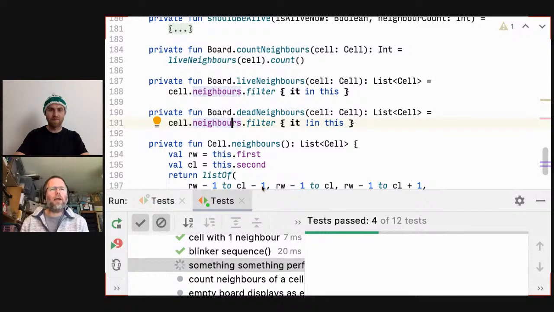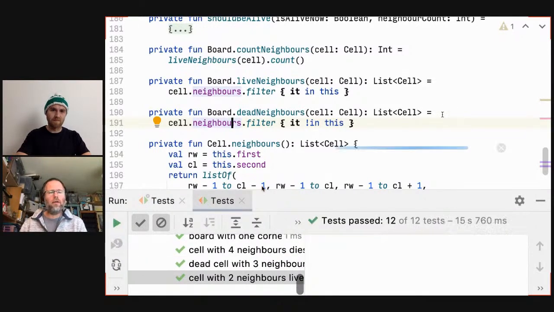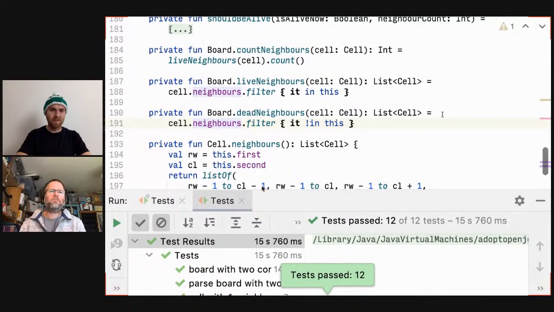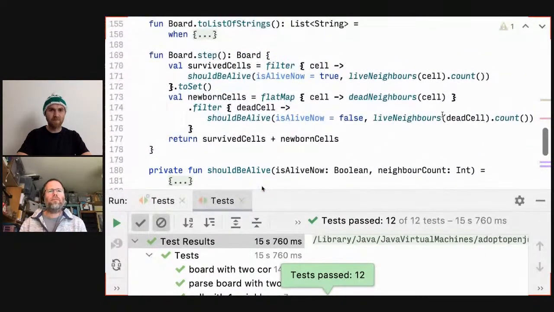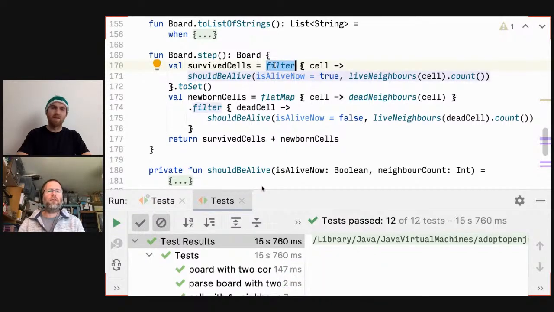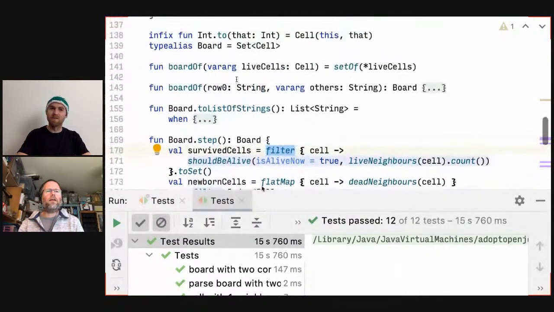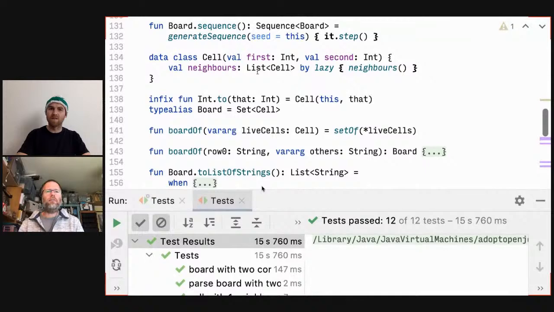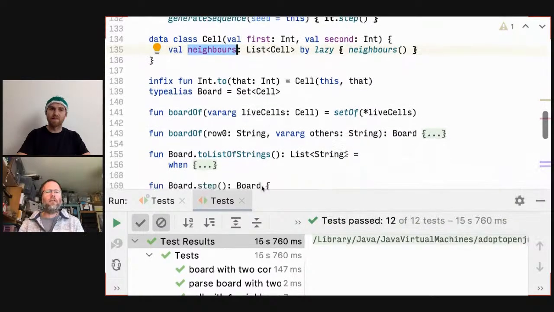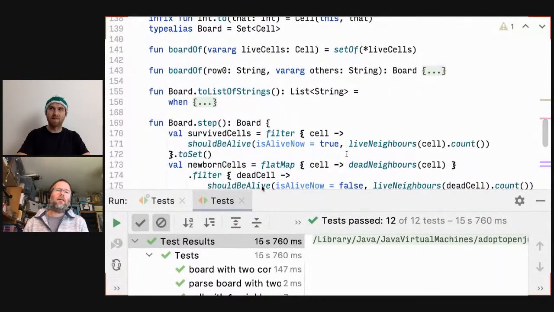I don't, because my gut feel says we are reusing cells between boards. Yeah, it is slow. Because we are. So survive cells, we're basically taking the cells from one board and moving them onto the next board here, right? So you would think that caching, basically, the list of neighbors for every cell would help. On the other hand,